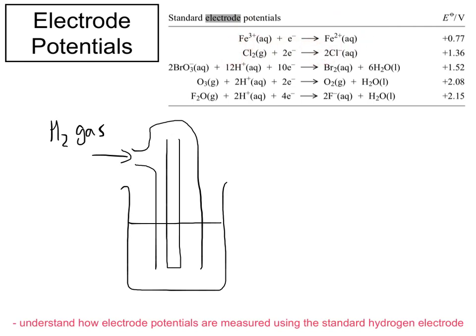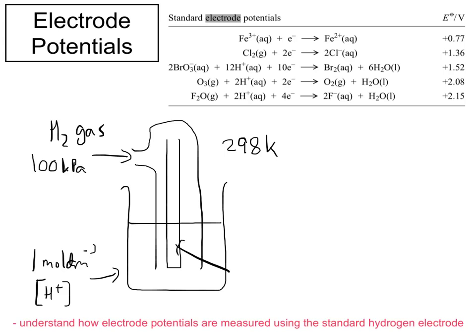Go back to the hydrogen electrode. So we've got hydrogen gas going in, we've got acid down here, which must have a concentration of 1 mole per dm cubed of H plus ions. That means you could have either 1 mole per dm cubed of HCl, or 0.5 mole per dm cubed of sulfuric acid, and so on, because the H plus ions must be 1 mole per dm cubed. The hydrogen gas is at 100 kilopascals of pressure, and it must be at 298 Kelvin,